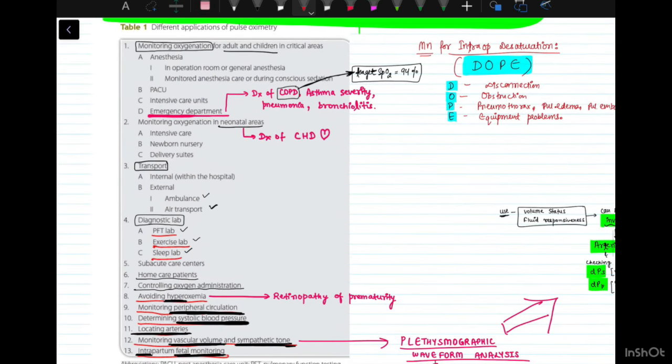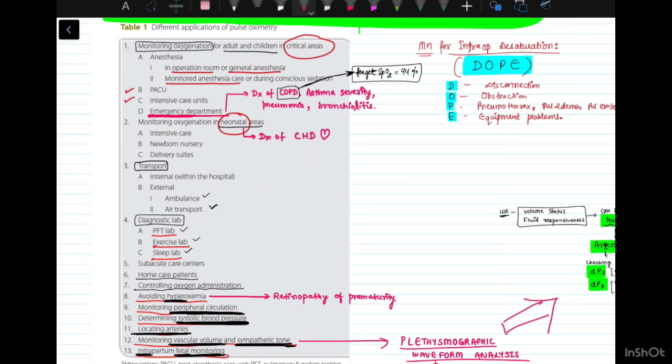Regarding the applications or the uses, I would say that it is only the difference in the place where you are using the pulse oximeter. Otherwise, it is going to do the same thing. It is going to give you a value of SpO2 and a waveform. So these are the only two things that a pulse oximeter does. And how you interpret it at different places is the application. You can use it in critical areas